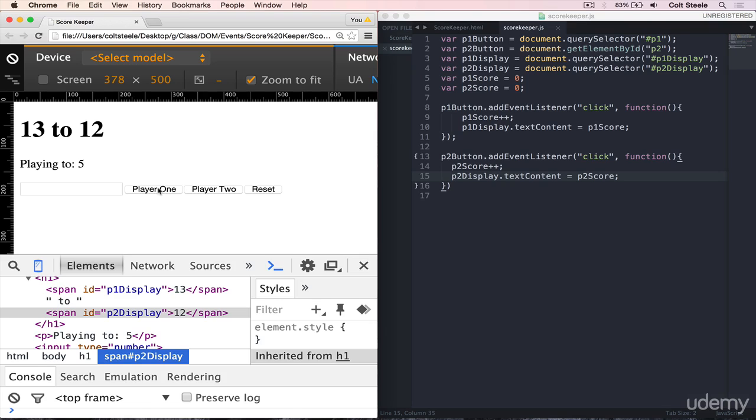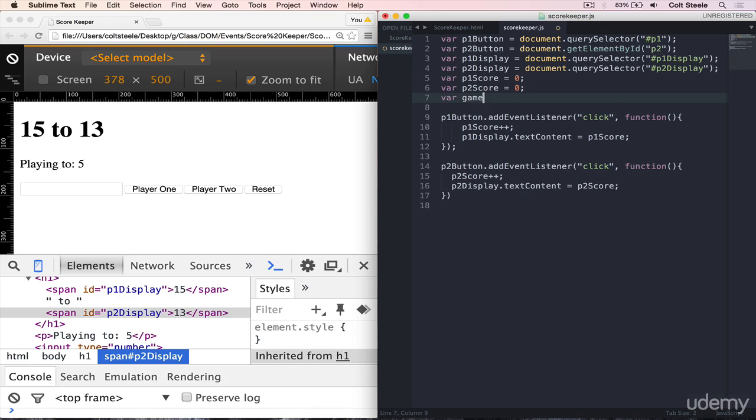And the way that we're going to do that is with a variable that's going to keep track of the state of our game. So our game has 2 states. The first one is the normal state right now, where I can click, where I can play the game. And the second state would be what we might call game over, where someone has won. So we need 2 states, and we can use a Boolean to model that, just a true or false, and I'm going to call it game over. So var gameOver, and it starts as false because game over is not true at the beginning of the